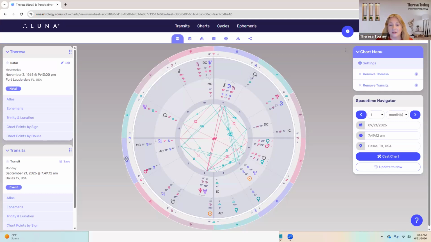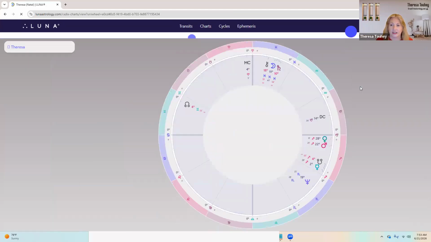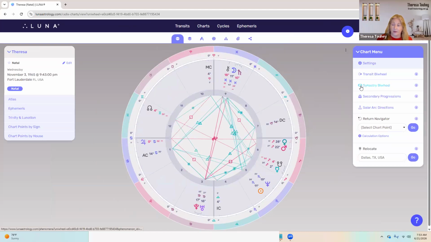But yeah, so this is a good way to see what is happening in your life, or your client's life, by using the transits. So I'm going to remove the transits for a moment, just show you some other things that I really enjoy about this program. I'm going to go to this infographic real quick, and I use this with my clients